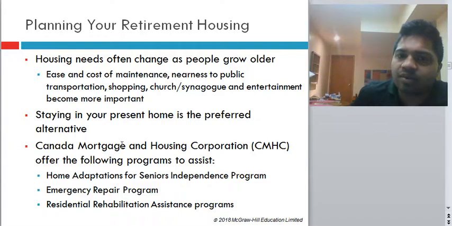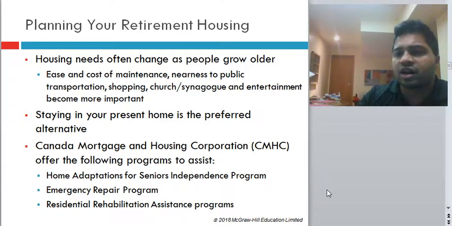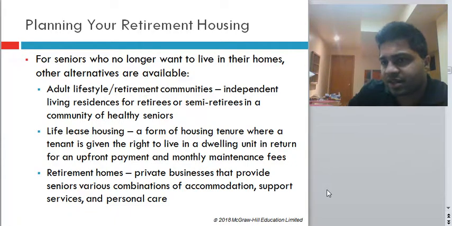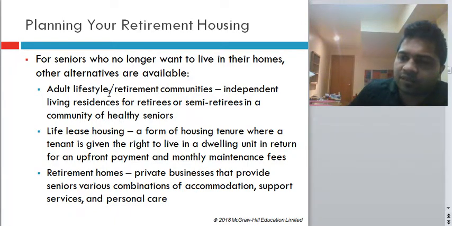CMHC, that is Canada Mortgage and Housing Corporation, offers the following programs to assist. So these are kind of loans or grants that they give. So home adaptation for seniors' independence program, emergency repair programs. So they extend it to repair your house and stuff. So they extend a loan, which is generally at a lower interest rate, and there are grants to use for home